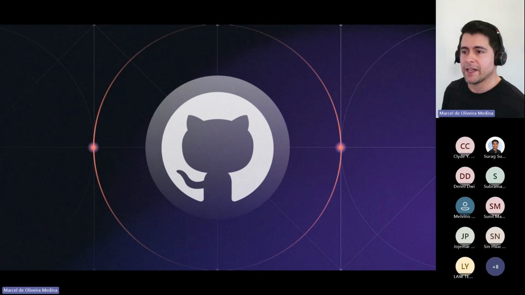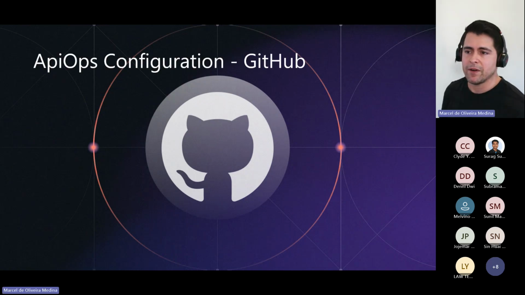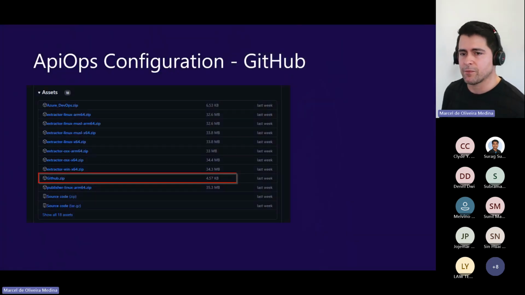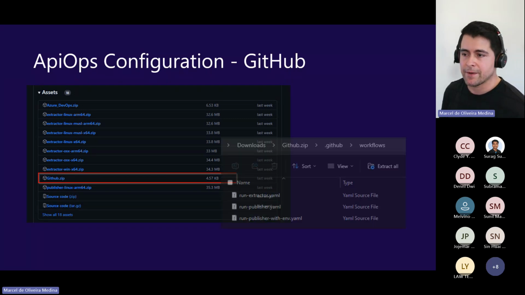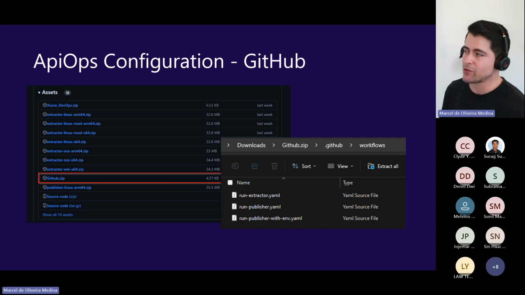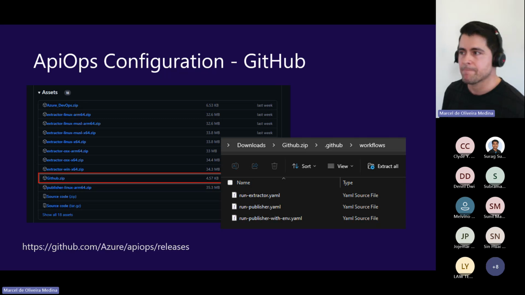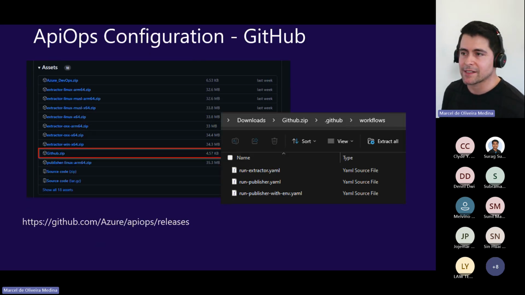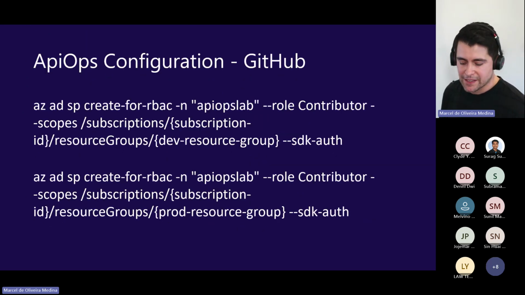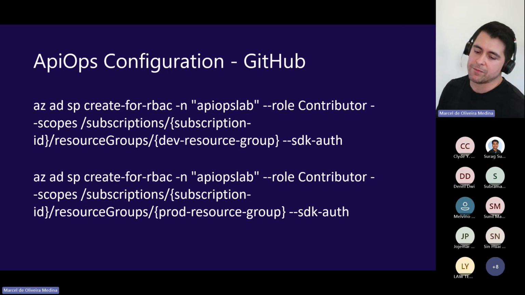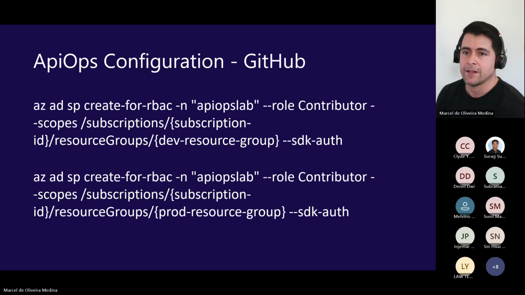And then we have GitHub. GitHub is similar. They also provide a zip file for that, so it's github.zip. Azure Extract is exactly the same. So you have the same sort of YAML files, same sort of page under the releases page. But one of the things that's different from Azure DevOps, where you have the service connections, is that for GitHub, you don't have that. So you need to run a command line.